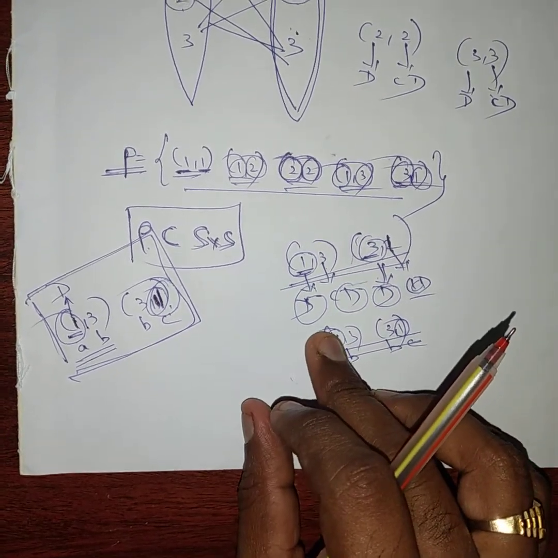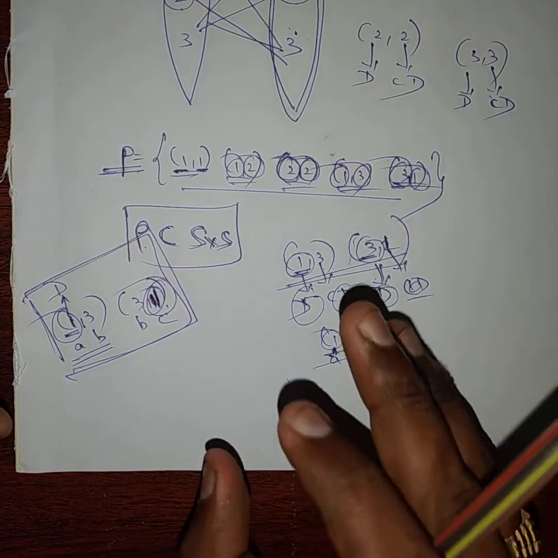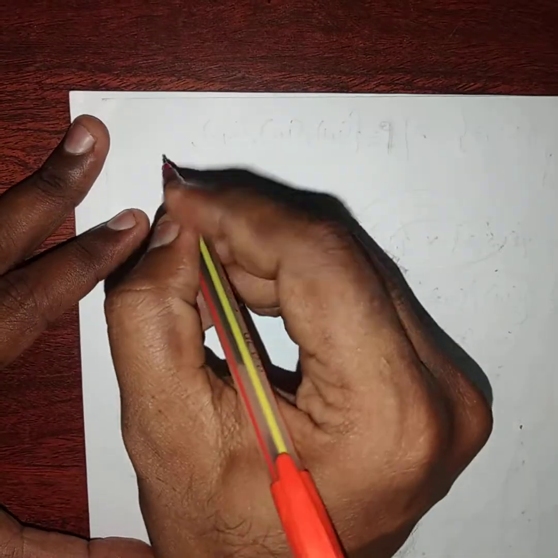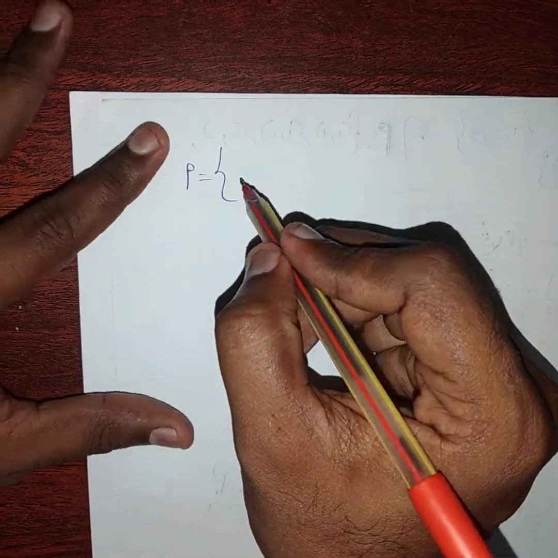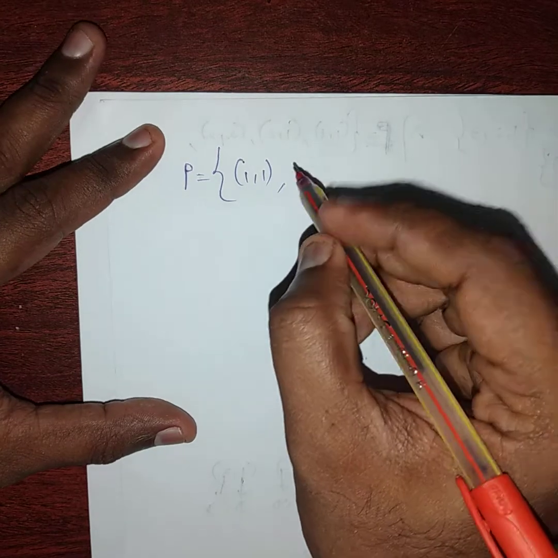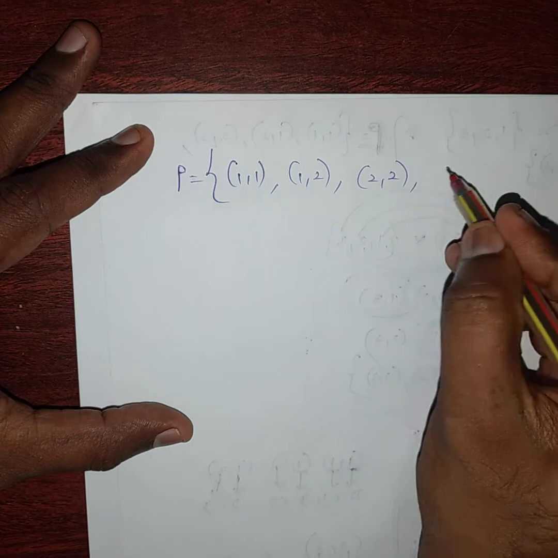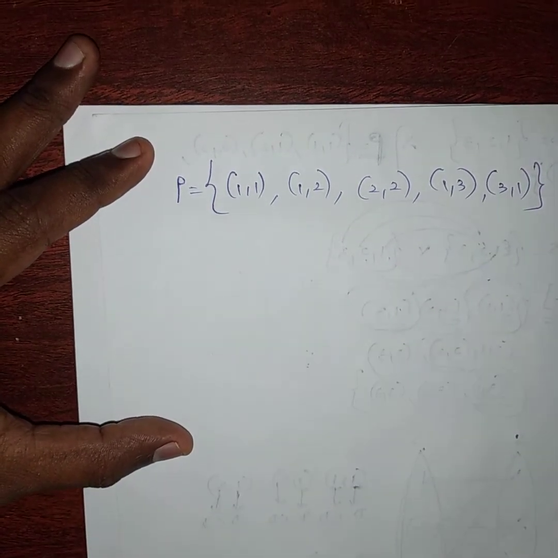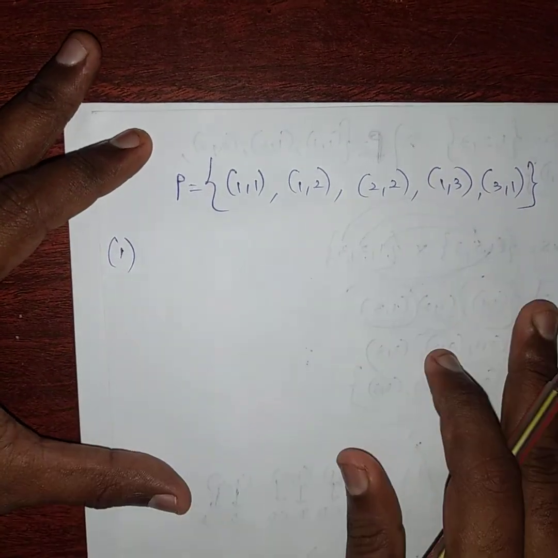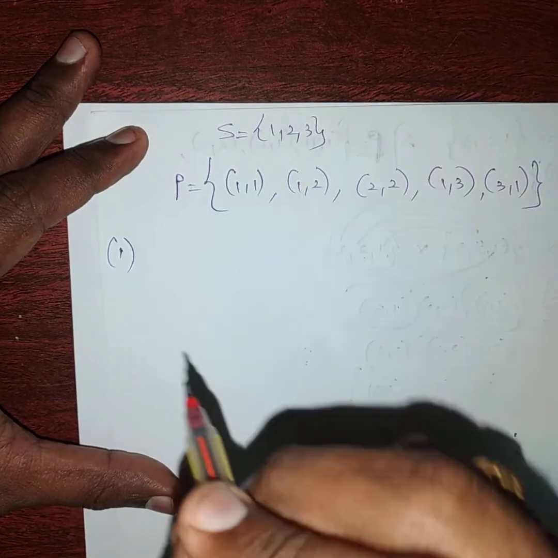Now I'm going to explain this sum in detail because this sum contains some technical problem. Listen here, what I'm going to teach you. I will write once again. The given relation is nothing but rho. Listen carefully. Rho is nothing but 1 comma 1, 1 comma 2, 2 comma 2, 1 comma 3 and 3 comma 1. This is one of the technical problems. First I need to show whether this is reflexive, where S contains 1, 2, 3.